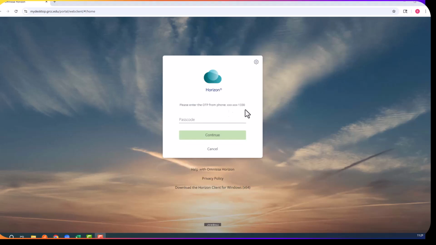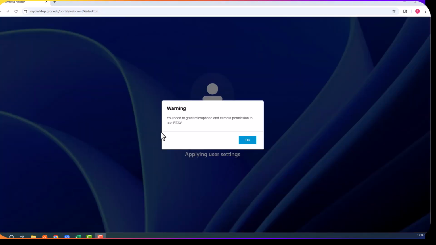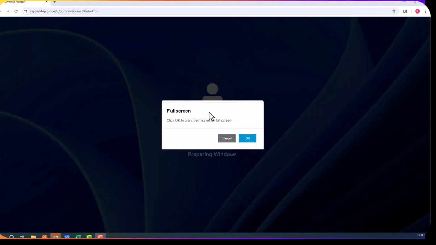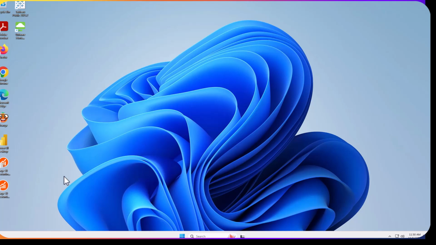Probably going to be prompted to enter a code from your phone or your email. Here we're seeing the different servers that we can connect to. You're going to want to connect to the one that's labeled Student Virtual Lab. So now your browser is going to see that you're logging into a Windows computer. You're going to get several screens that ask you for permissions. Make sure to click OK on those, and then you'll be logged in,